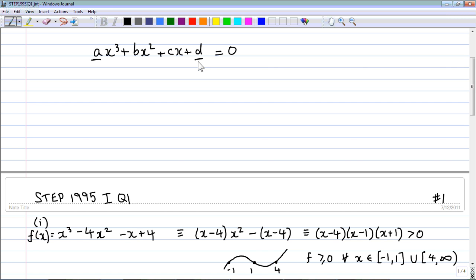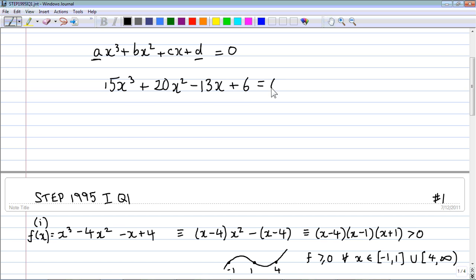I guess I'm going slightly off the topic of the video if I go into it right now, but basically you need to examine the factors of the numbers a and d. So for example, if you had 7x cubed plus, well, let's not use 7, let's use 15x cubed plus 20x squared minus 13x plus 6,